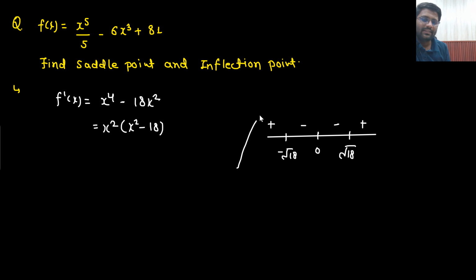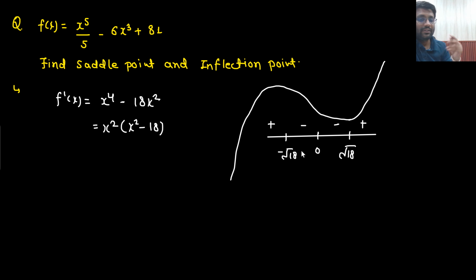That means the graph will increase, then it will decrease. There will be a saddle point and then it will increase. This kind of nature of graph would be there, but it will change the concavity as well. In between, the concavity will also change. One point we have noticed is that at x equals 0 the slope is 0, that is, f dash x is 0,